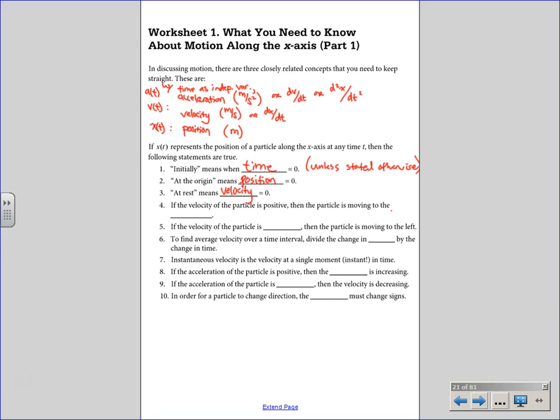Hey, I've kind of alluded to number 4. If the velocity of the particle is positive, velocity like a vector, a velocity vector. I know we're not getting crazy, but velocity like a vector has not only magnitude, we're doing it in pre-cal right now, but also direction. Like length, that would be magnitude. Not only magnitude, but also direction. Velocity has direction. So if velocity is positive, it is speed in what direction?